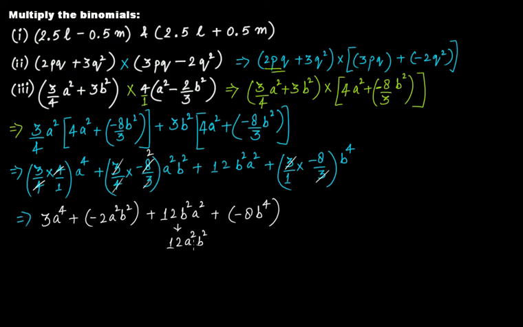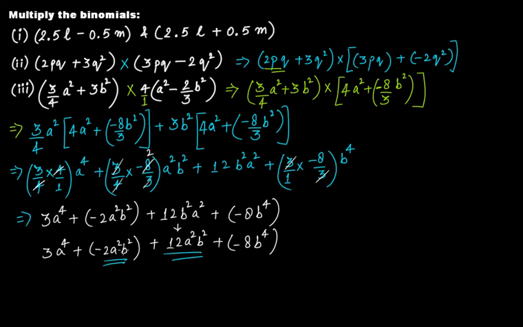So this is 12a squared b squared, and this is minus 2a squared b squared plus 3a raised to the power of 4, then plus minus 8b raised to the power of 4. Now if you look at these two terms, that is minus 2a squared b squared and plus 12a squared b squared,